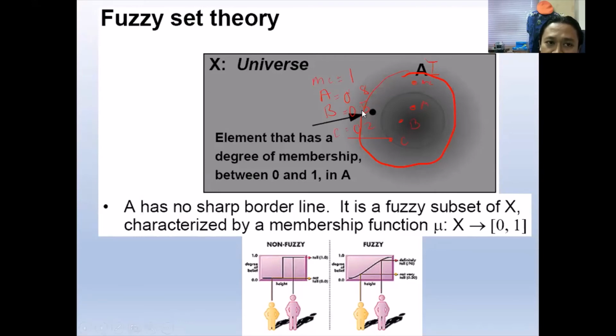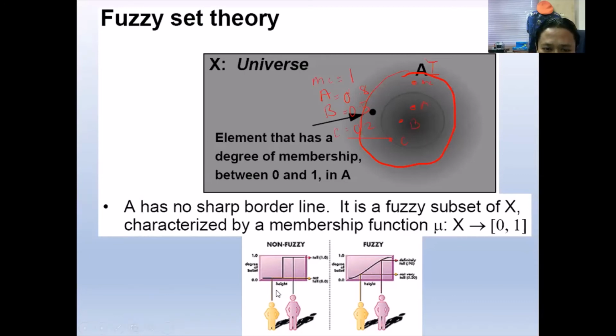Compare that with the classical. If you use the classical, A, B, C, and me all have the full membership function, 1. That is the classical. For the fuzzy, I set that whoever is near to me will be 1, and then those far from me, maybe I can set 0.8, 0.5, 0.2. For example, like this one. You can see this.